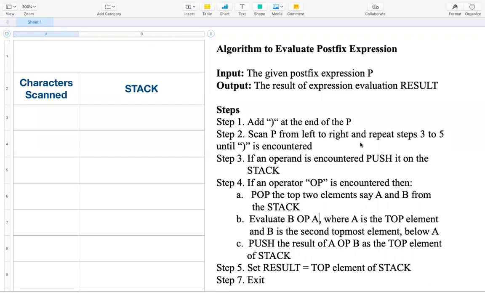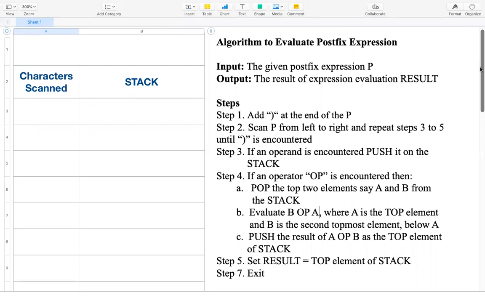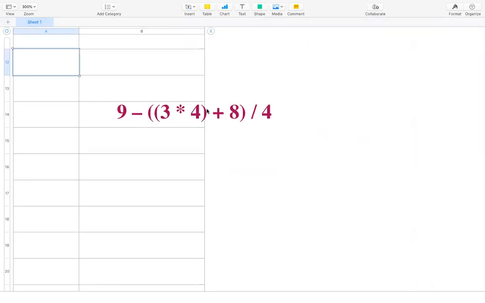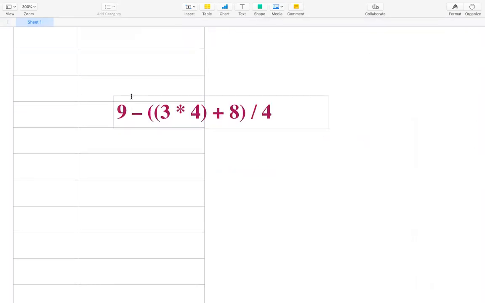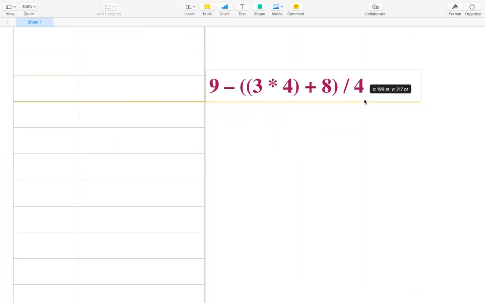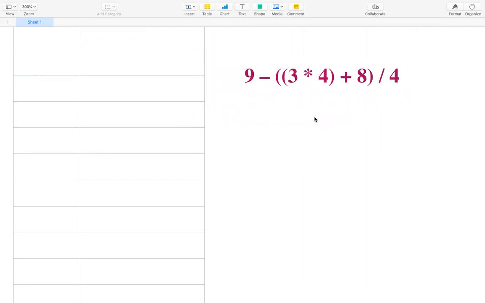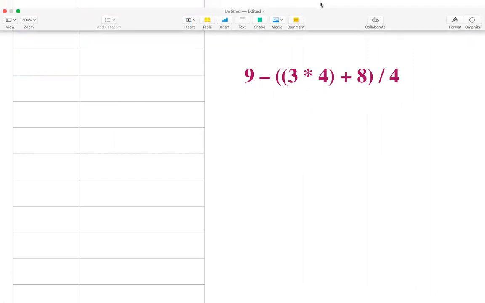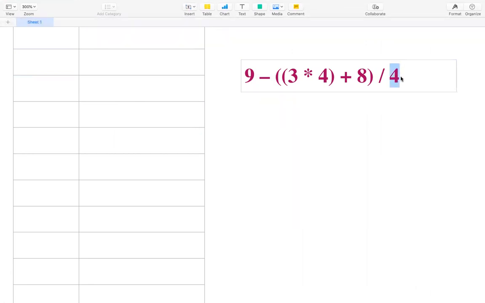So let us start with the algorithm to evaluate a postfix expression. Here I have taken an infix expression, and we will be converting it to a postfix expression and use that for evaluating the postfix expression. So let us check how we will be doing it. Using the normal way that we have been doing,